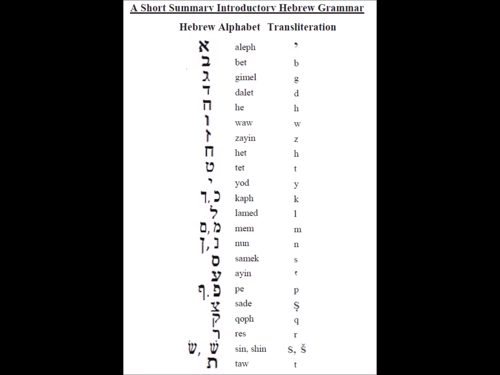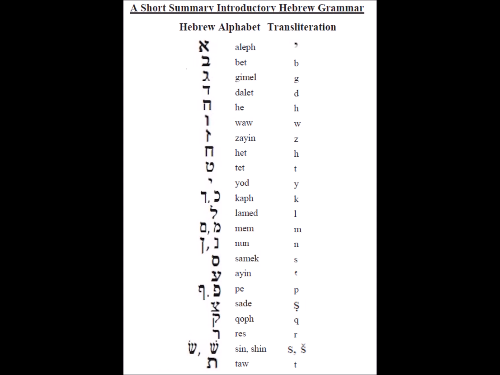In this video, I would like to do a short introduction to Biblical Hebrew grammar, more of a deductive, summarizing approach. Let me start with the alphabet. Aleph is the first letter, and then Beit, transliterated like a B, Gimel, transliterated like a G, Daled, transliterated like